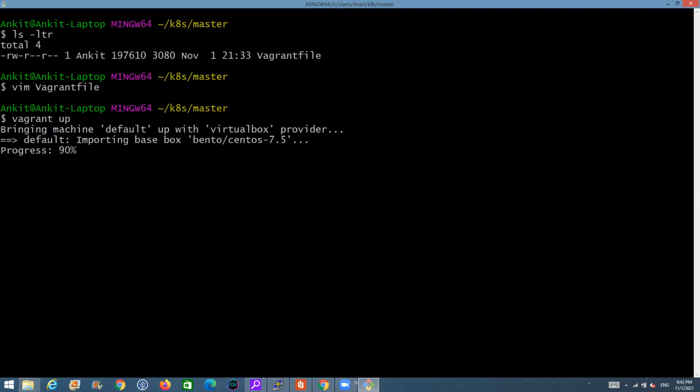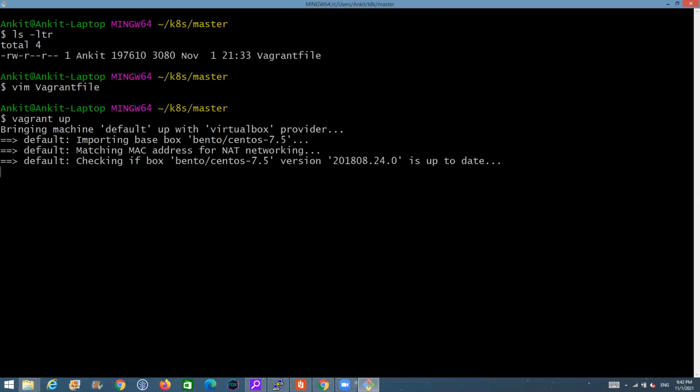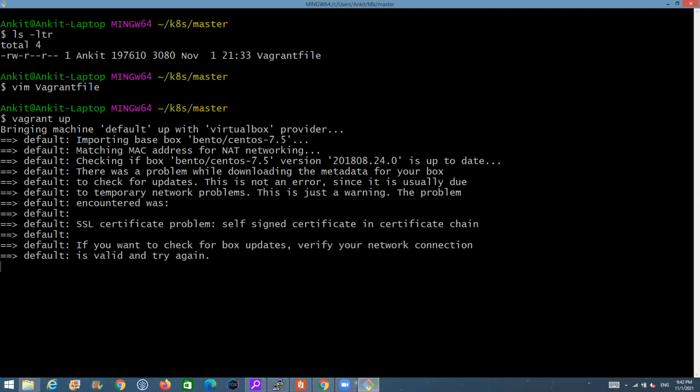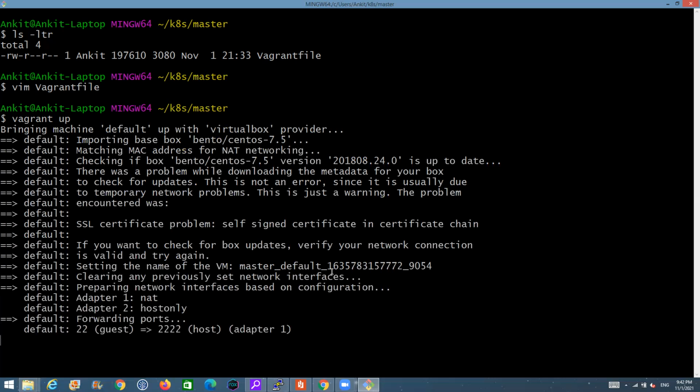Okay, so the virtual machine creation is in progress. Now it has created the NAT networking, which will allow you to connect to the virtual machine. And this is the name of my virtual machine. If you open VirtualBox, you will see the virtual machines over there. You can identify your master machine on which you are working on the basis of this VM name.